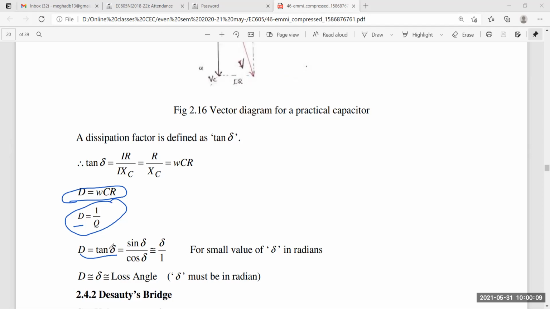So we can also write sine del equal to this tail angle, and for cos, if we take it as 90 degrees suppose, then obviously cos 90 we are taking as 1, and here we are taking del. So we can somehow write at some point of time the dissipation factor